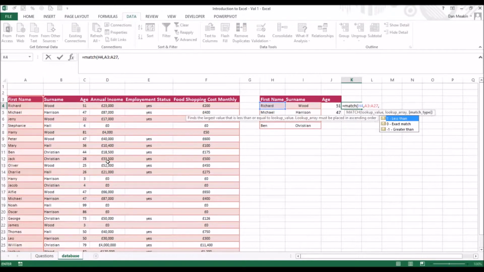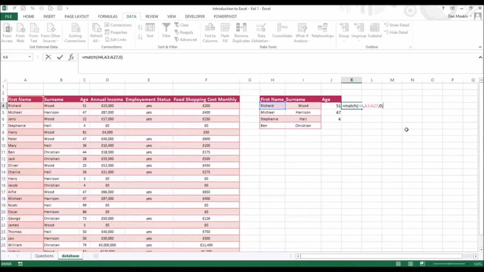And the match type, I can see that it's either less than, exact match, or greater than. That's generally referring to when you're looking at numerical values, so that Excel can know whether it needs to be exactly a number or whether it can be less than or greater than. When we're dealing with values like names, so text, we generally just want to be equals, exact match. Because what Excel considers to be less than or greater than when it comes to text is pretty weird. So I'm going to finish off those